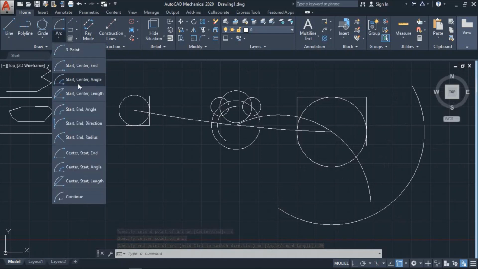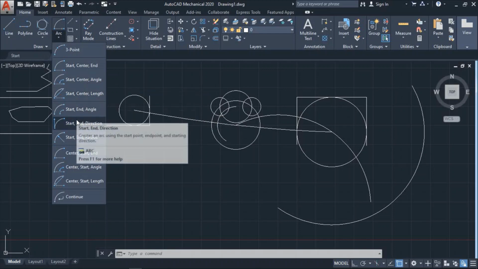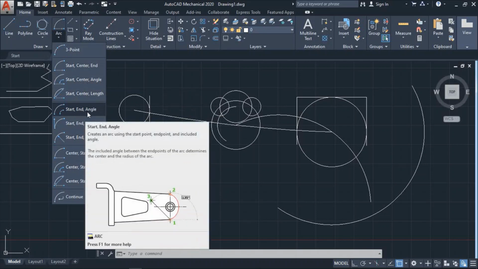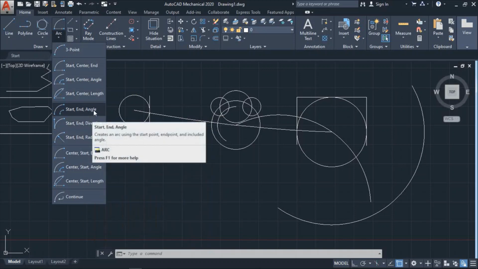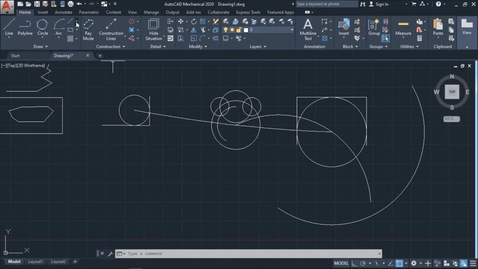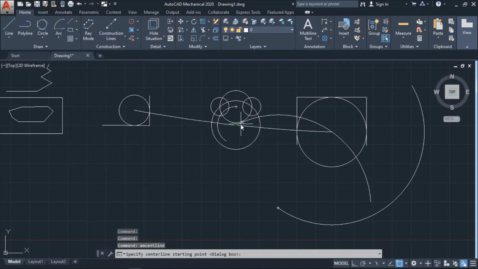So we have different arcs like start center angle, start center length, and we can't cover all of them. So you can just go through the directions and the useful comments given whenever you click that function. So the next is the center line. It's simple.